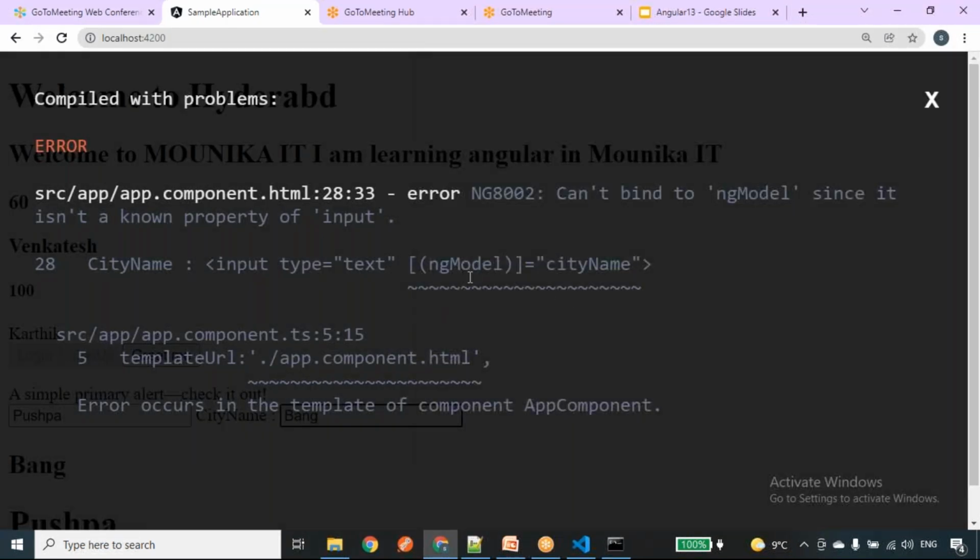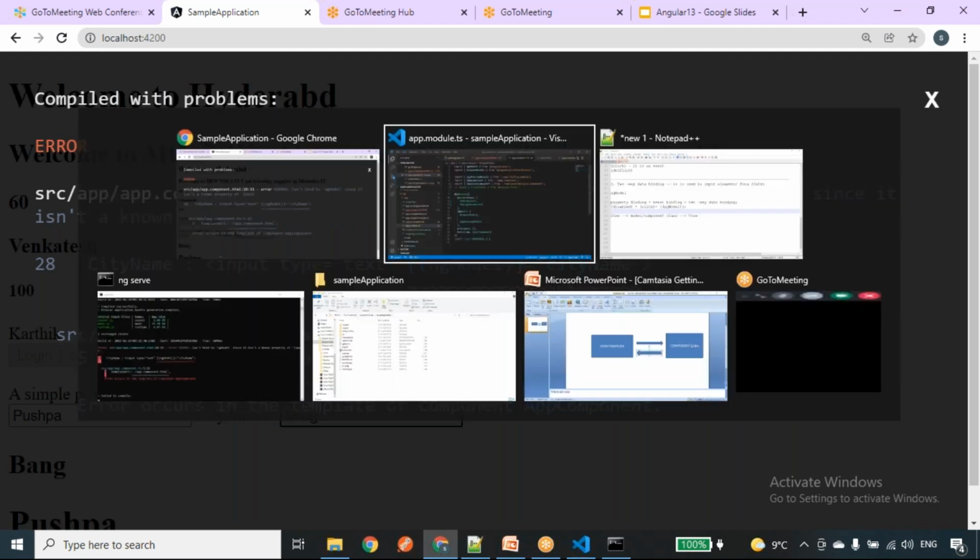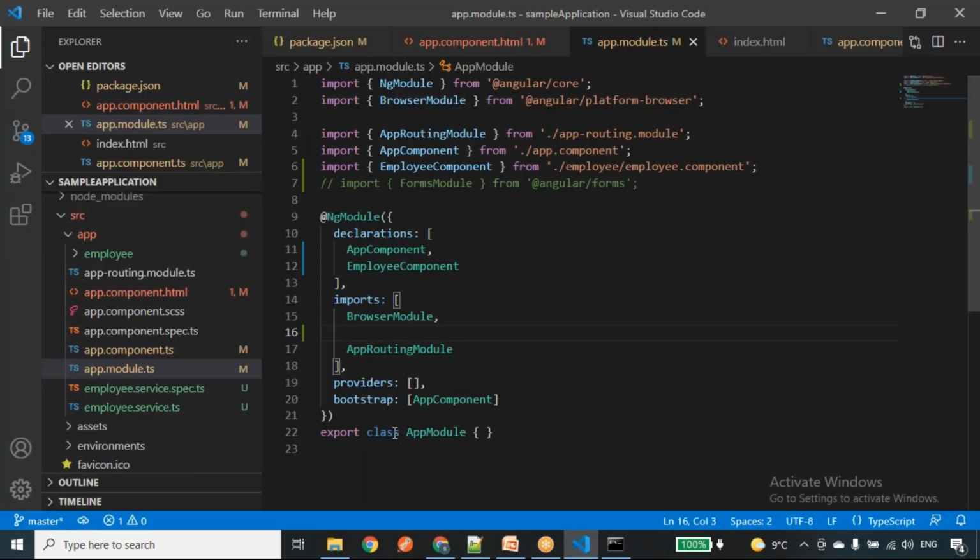Here we got the error that ngModel is not a known property of the input. If we want to use the ngModel directive, we should have the FormsModule in app.module.ts. Without it, it won't work, because ngModel is derived from the FormsModule.